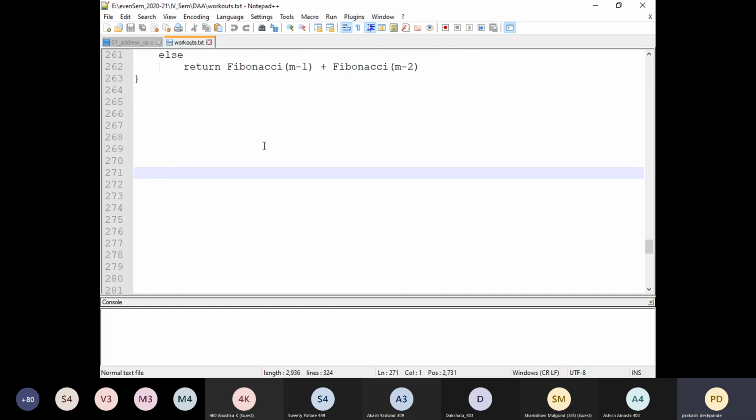Now, I hope you know what we mean by searching an element in a given array, right? That is finding the presence of a particular element, and if it is present, then we say that the search is successful, and we display the index of that particular element. If the element is not present, then we say the search is unsuccessful. And the search technique we are going to adopt is the linear search.